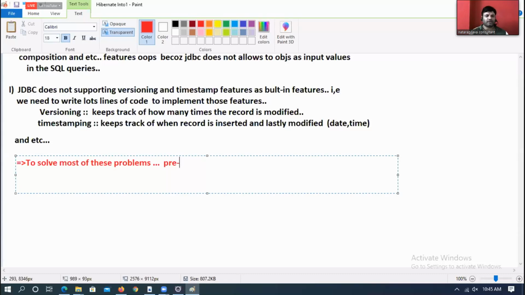Prefer writing persistence logic using ORM mapping. That means, okay, what is ORM mapping? We'll discuss. Taking the support of